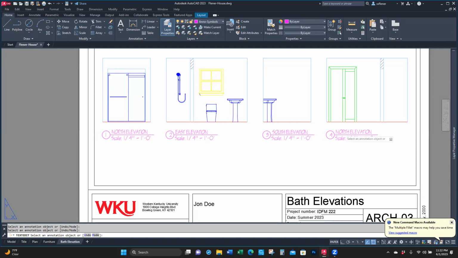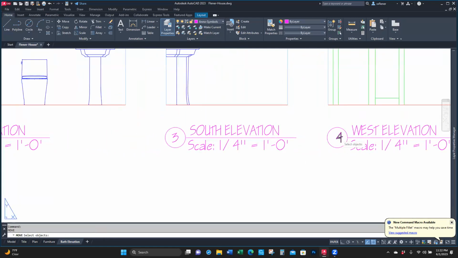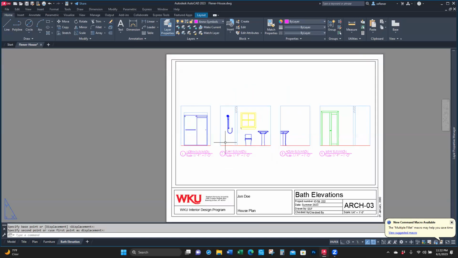And then this north to say west. And I can also move my numbers so they look a little more even. Okay, so each elevation gets labeled